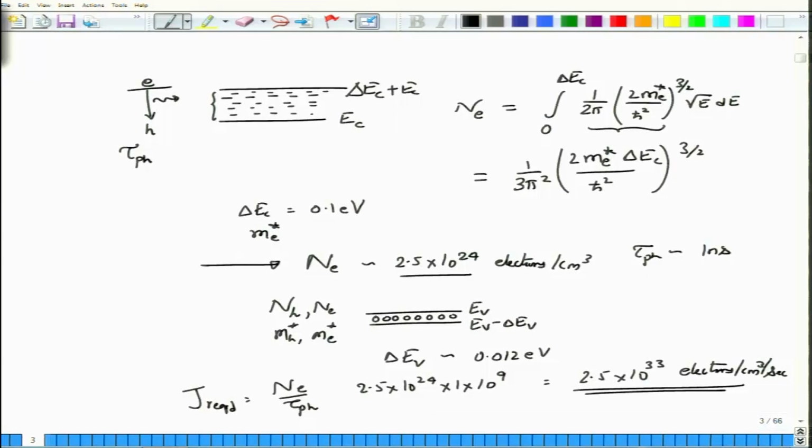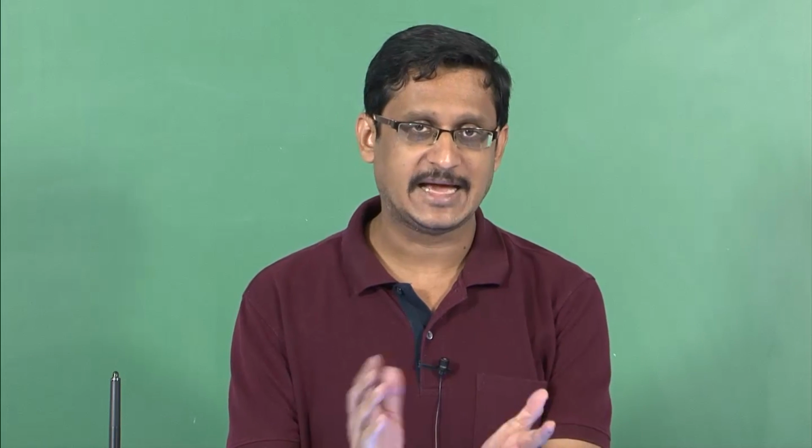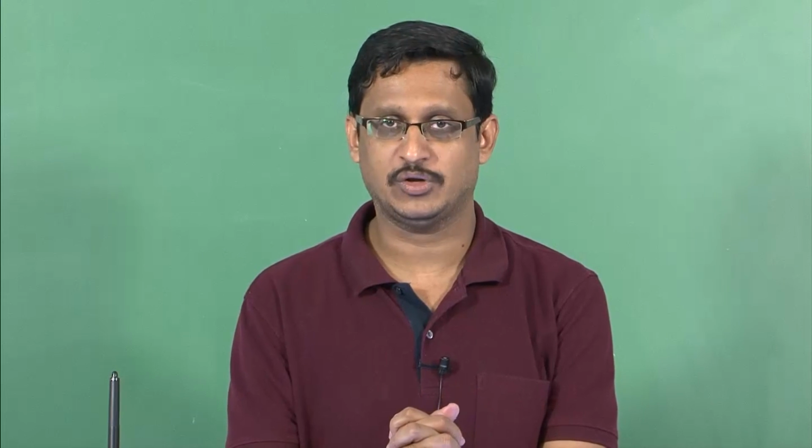So, all we said about semiconductors is that they do have a reasonably small current requirement, but we see that in this calculation, they seem to have a large electron density or current density required. So, where is the catch here? That is what we are going to see in the next module. Thank you very much.